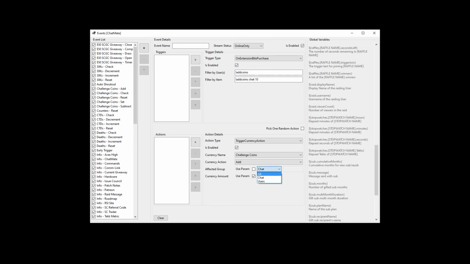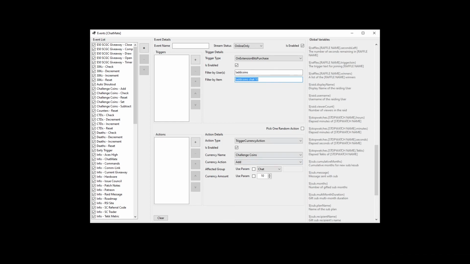And this is similar to setting up the reward timers on the currencies. All is everyone that's ever stopped by your chat. Chat is everyone who's currently in your chat channel. And users allows you to specify users by name. So here we want it to give it to everyone in chat. And we want to tell it to give everyone 10 of each. 10 to each. Now, if we wanted to allow us to just on the fly determine who to give the